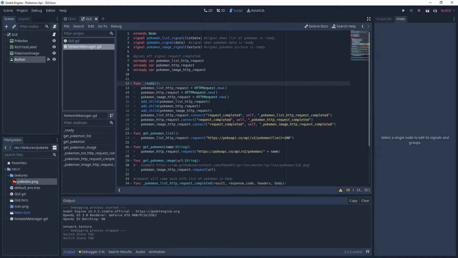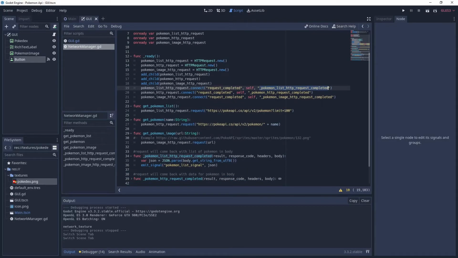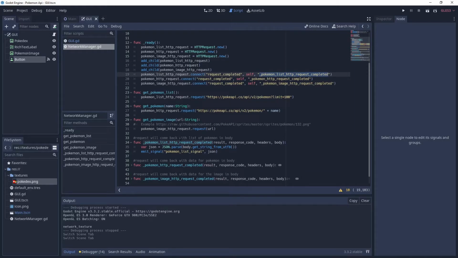And this has 3 HTTP request objects created, and they have also the signals for them. So there's one that's going to be a list signal of all the Pokemon, one that's going to be a Pokemon signal, and one that's going to be the image signal. And they are associated to the request complete connection. So when the HTTP request finishes, it has a request complete, and then the first one's going to point to